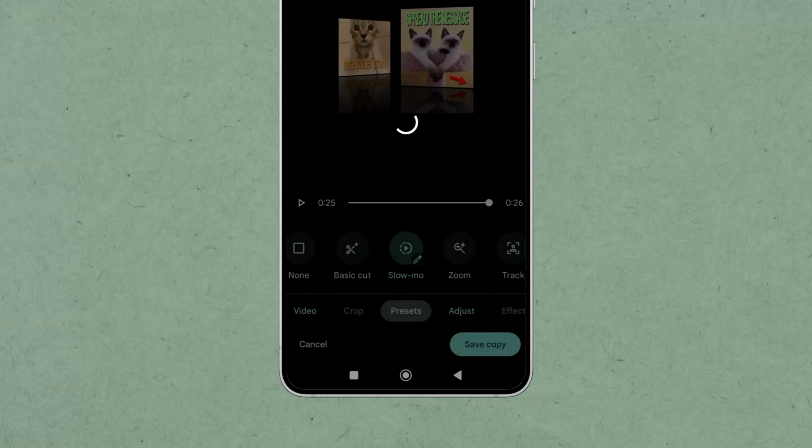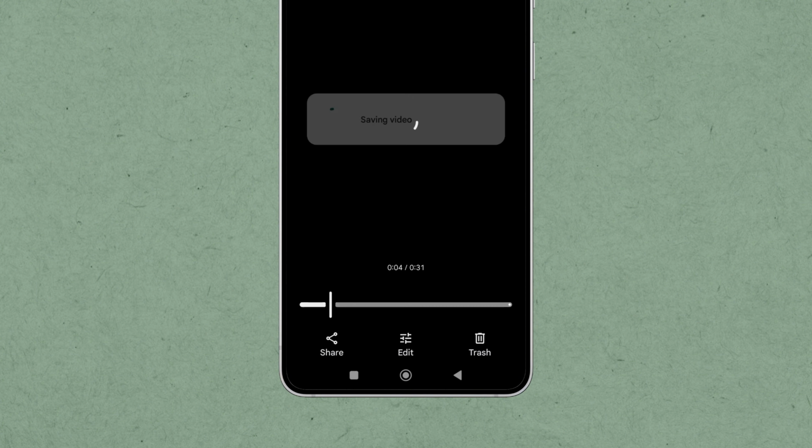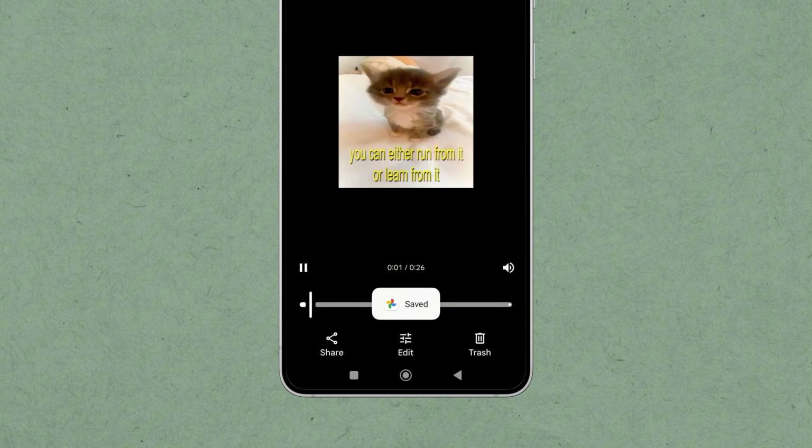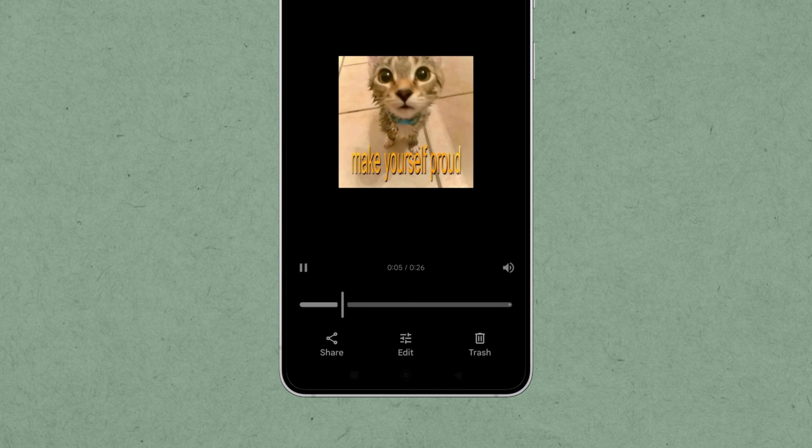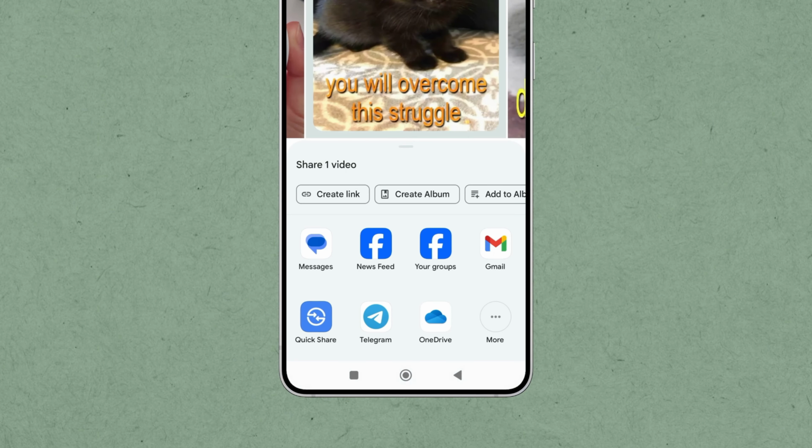Save your edits by tapping the Save Copy button. Now your video looks better. Once your video is enhanced, tap on the share icon to send it directly to friends via apps like WhatsApp,